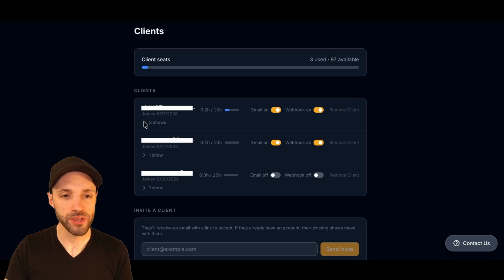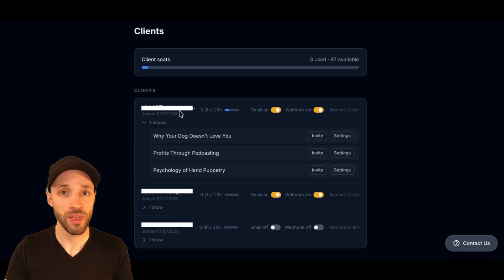Before that, take a look at the shows area, because that's quite important as well, because once you have active clients, you can actually set up and manage their show settings for them. So we'll just pop in to take a look at this client. They have 3 shows, so that's 3 separate podcasts, and they would have access to these settings and invite links on their own dashboard. But as a studio owner, you can see those for them as well,